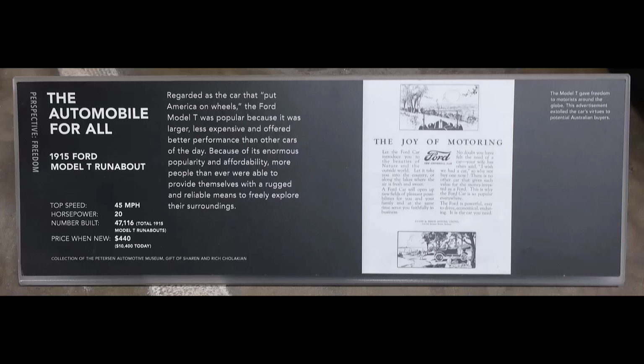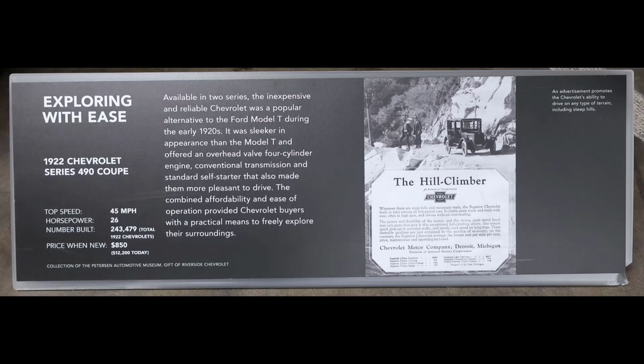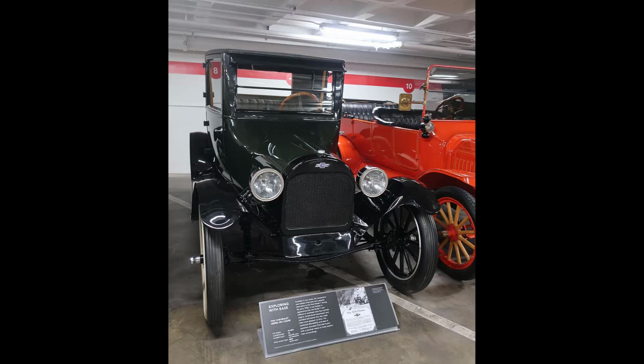I just realized something in the earlier audios. I said it was a Model T. I didn't say it was a Ford. Ford built the Model T for a number of years. I think it was 1909 to 1927 or 28. And here's a 1915 Model T runabout. Through that production time, there were many, many modifications to the vehicle before they introduced the Model A, which had many more modifications. Ford with the Model T had numerous competitors,